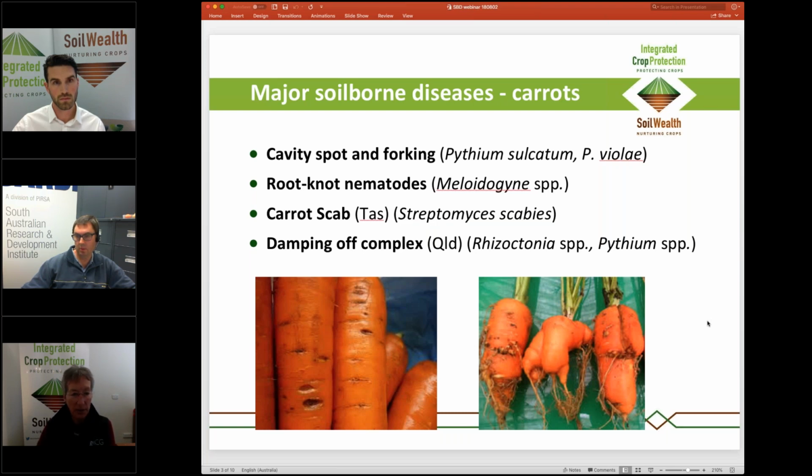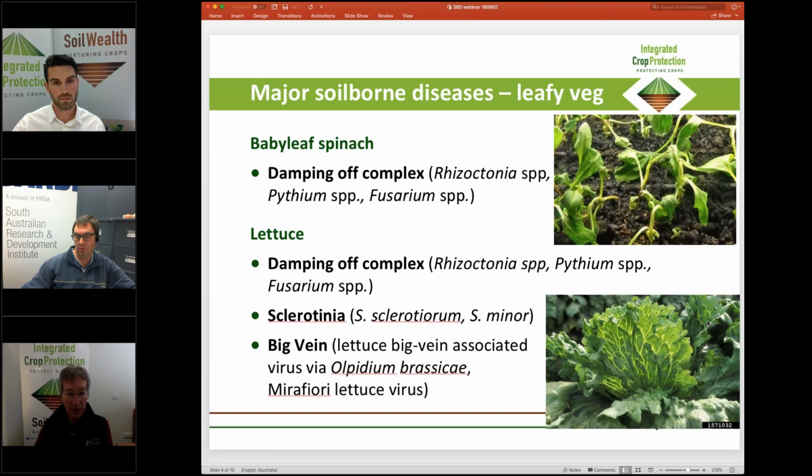A rather new crop is the baby leaf spinach, baby leaf lettuces, and the big issue there are damping off diseases. And they're not only one, there's a whole disease complex. And from that point of view, difficult to control with chemicals. You could try to control Pythium and get more problems with the others. So there's still a bit to learn, and our soilborne disease project, which has been running parallel to Soil Wealth, has looked at specific management for spinach diseases, and I think we've got some fact sheets on that as well